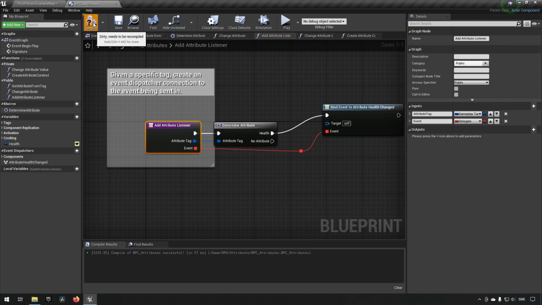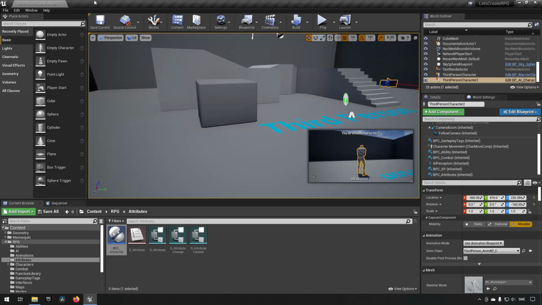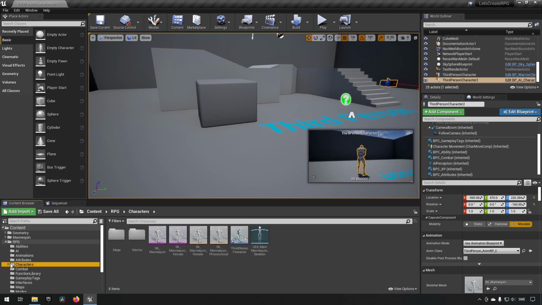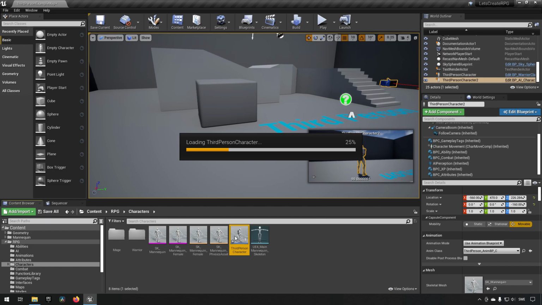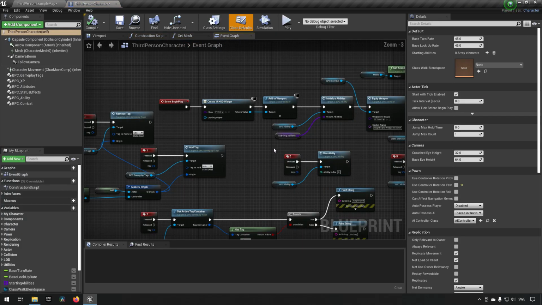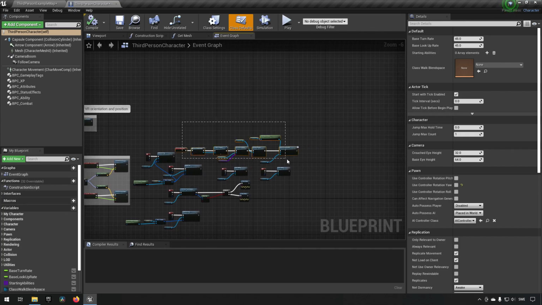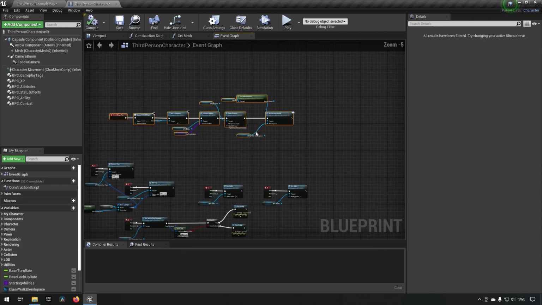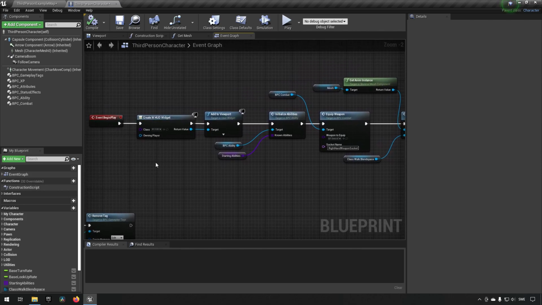Yeah, that's everything in this component, I think. So I think we're done here. And here we only have structures and things. Going to our characters, we should go to our third person character because it probably has the most stuff in it. Let's do this. We'll drag all of the begin play stuff out and say